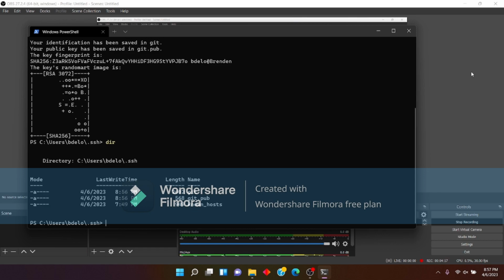Okay, so we have our git file, which is our private key, and then we have our public key, git.pub. It's just our public key. Now here comes the SCP command, which nobody really talks about a whole bunch on the internet when you go to look up how to generate public key files. So, scp